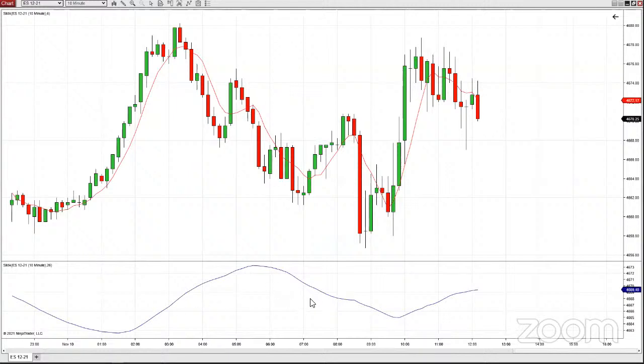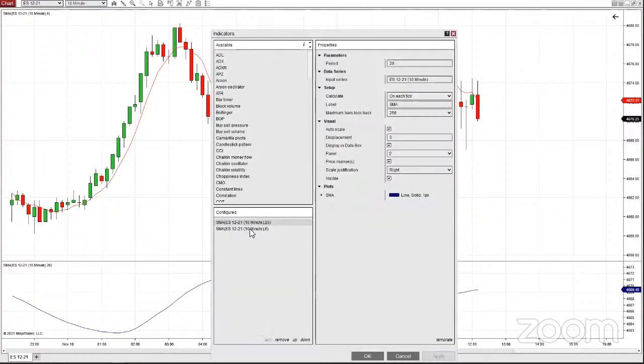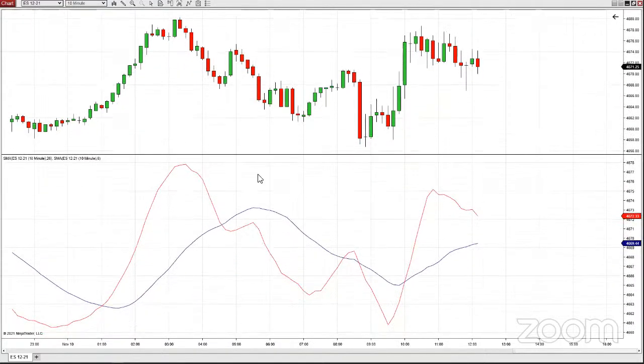So there's my slow moving average, and you guessed it, I'm going to move my red, my fast, down below there also. Same thing. Indicators. Click on that. Click on the configured part of this window down here to get the fast moving average highlighted. And then I am going to simply go to my panel. But instead of creating a new panel again, that would create a third panel, I'm going to notice a second panel has been created, and that's what we just did. So I'm going to put it on the second panel, and it'll overlap with the first moving average.